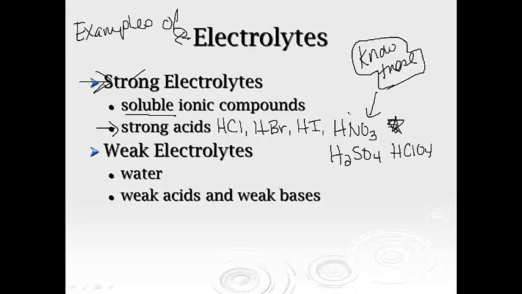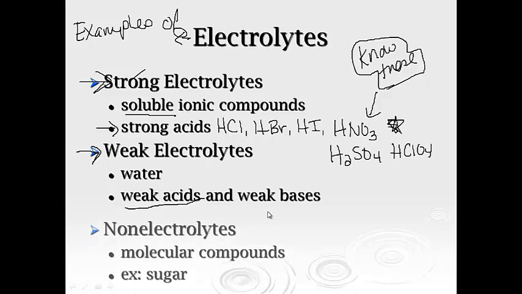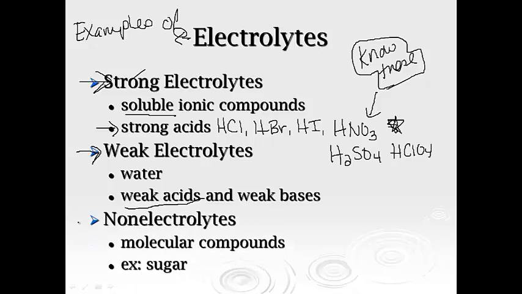Okay, you have to know these 6, you just have to memorize them, because everything else that's not on this list is considered a weak acid, which puts it into the weak electrolyte category. So weak electrolytes include water, weak acids, and weak bases, which we're going to get to in the next unit. Non-electrolytes include all molecular compounds, so anything that is held together by a covalent bond